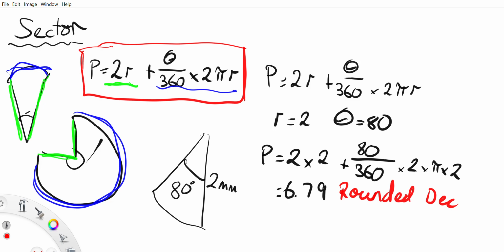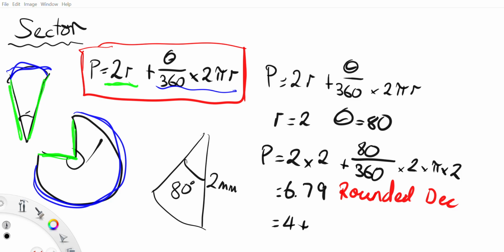If they wanted an exact answer, we know that 2 times 2 is 4, plus, to work out the rest, we'd put all of this in except for pi. So we'd go back to our calculator and we would go clear. We'd go 80 ABC 360 times 2, and rather than pushing pi, we just go to the radius times 2 again, and then we hit